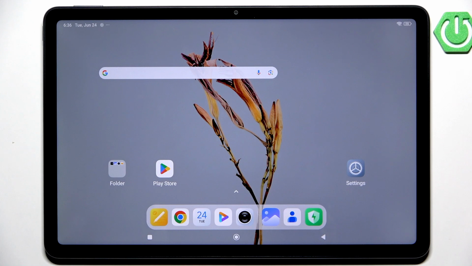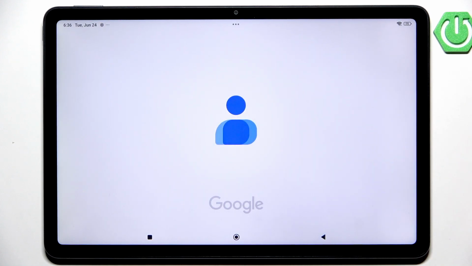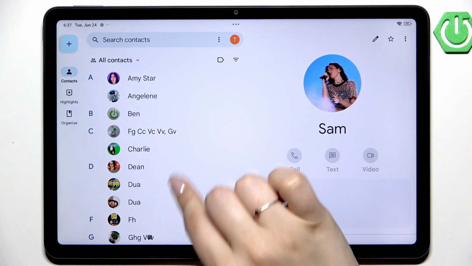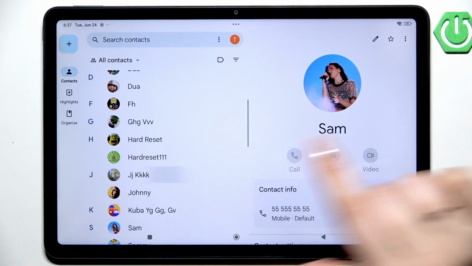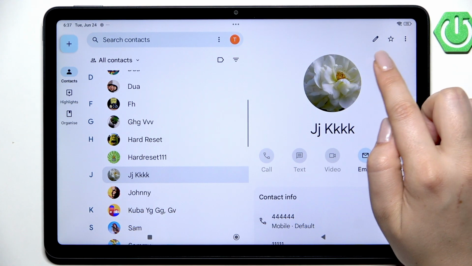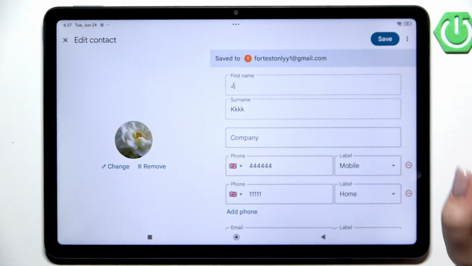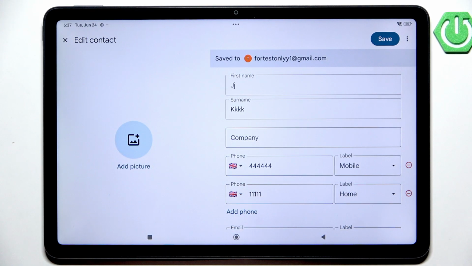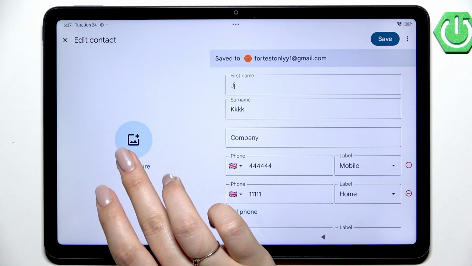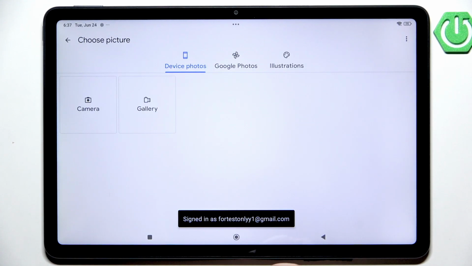So let's begin with opening your contact list and find the contact which you'd like to edit and tap on it. I'll pick this one. Then let's tap on this edit icon in the right upper corner, so the pencil icon, and let me quickly remove the photo. So all you have to do is to tap on add picture or tap on the circle,